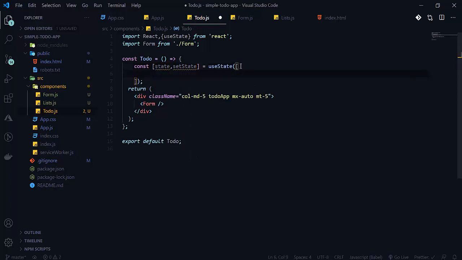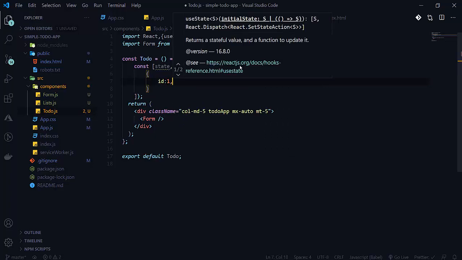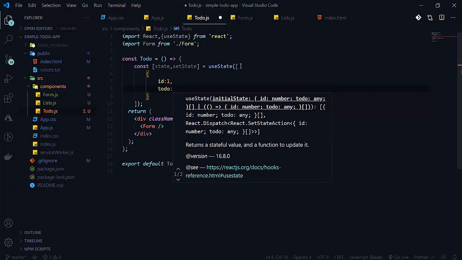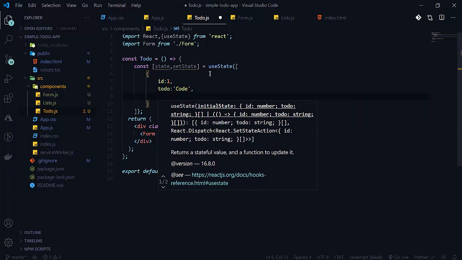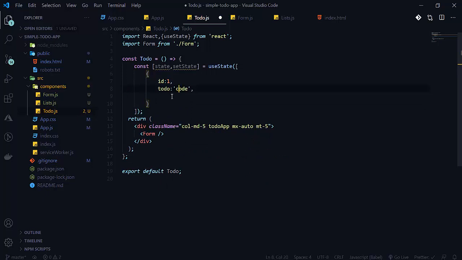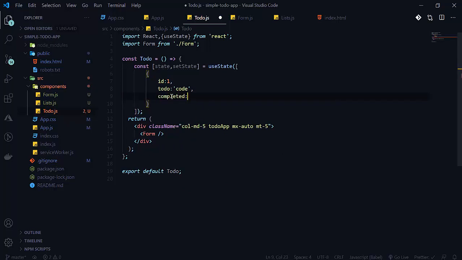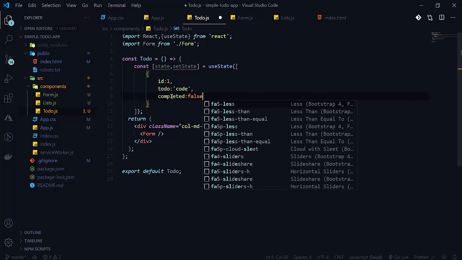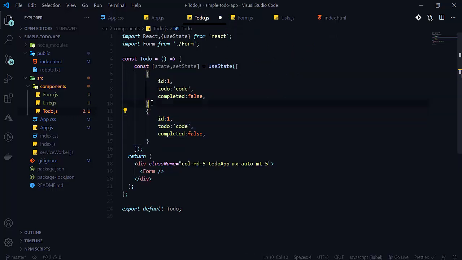So first of all, let's create our default array. Now there will be id 1. So for our to do here, id 1, and then there is todo. So todo will be, let's see, code, and after that here will be completed. So completed will be false here. So here will be our boolean here. So completed is false. So let's do this again. So here will be id 2 here, and here will be, let's write eating. So here completed todo is equals to false here.